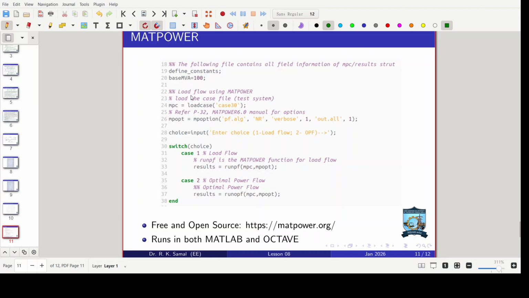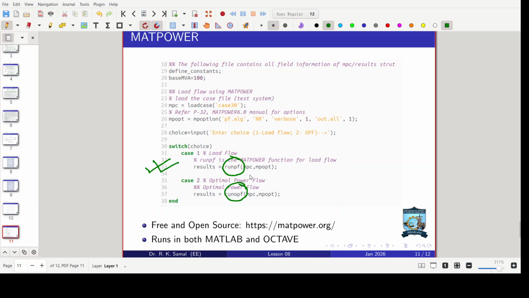Then you decide the base MVA, load flow using MATPOWER. Here you use a start file where you load the case. Case 30 in this case means a 30 bus system. Then you give MATPOWER some options, like what kind of algorithm you are going to use. Here it is NR, Newton Raphson. Whether you want to show everything in the results, for that verbose and out all. Then enter the choice, load flow and OPF. I have written the code like that. The runopf command can be used to run optimal power flow, whereas runpf simply runs the load flow. This code is included in your power system laboratory to run it